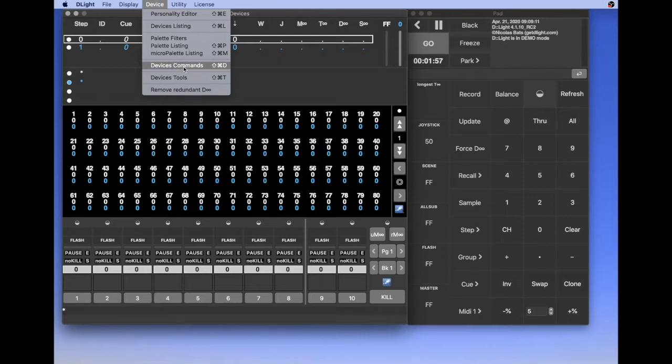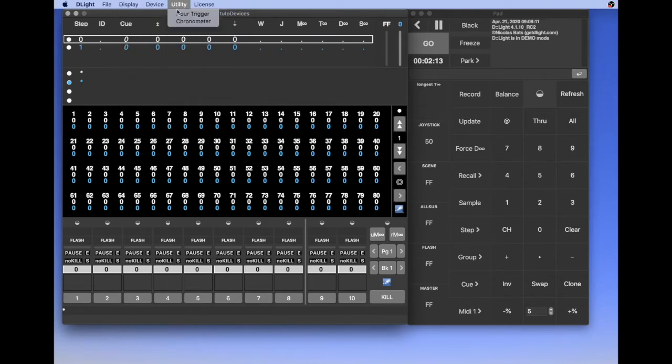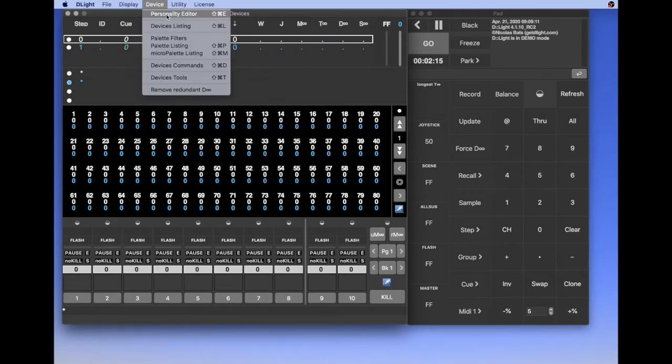I suggest you always take the time to record palettes. It will be easier for you when you tour. As it's a quick overview, we won't detail everything now. I have downloaded the personality from the website.